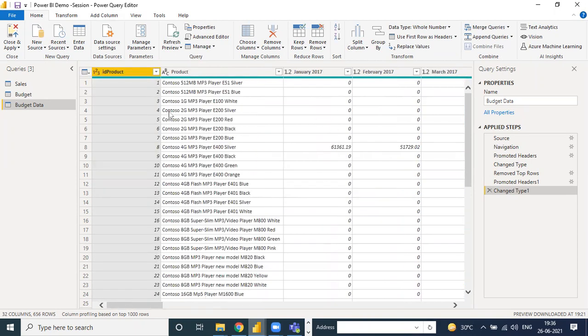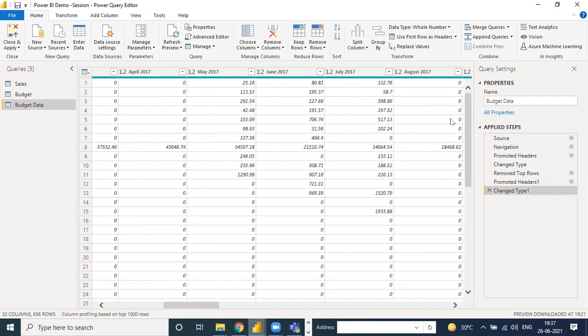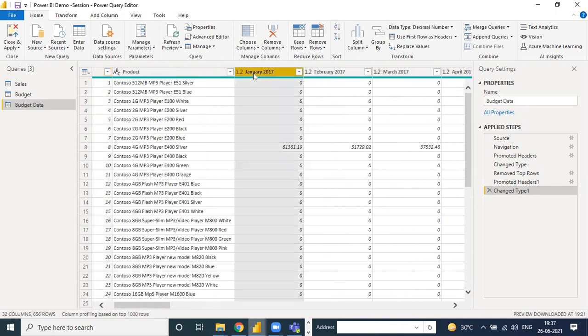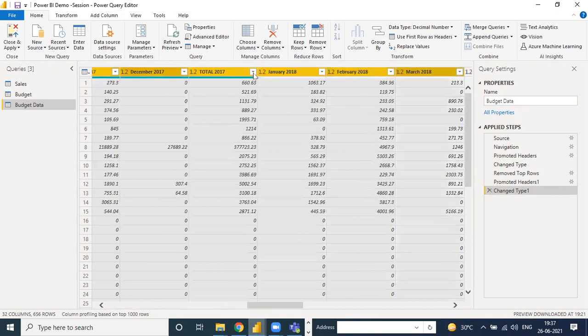Yeah. Right now we have promoted the header into the next step. Now we have some steps. The data is January, February, March, April, May, and it's column-wise data. Suppose I want to create row-wise data for only the month column.